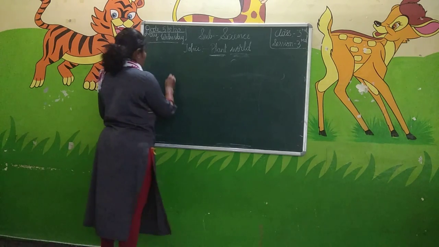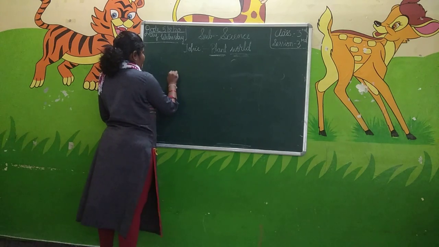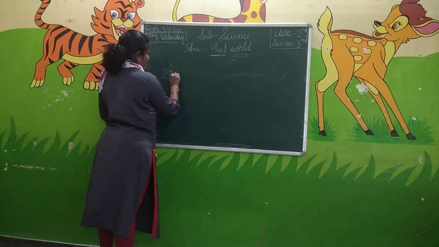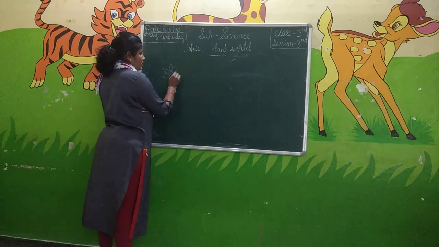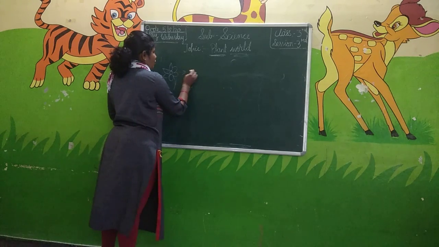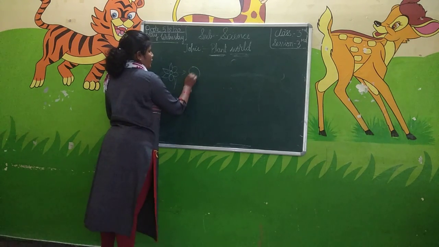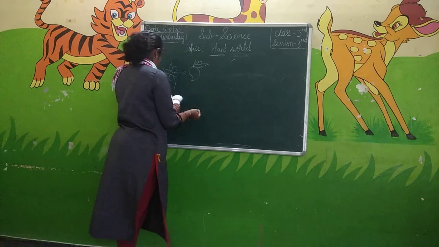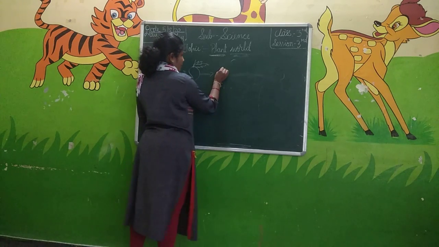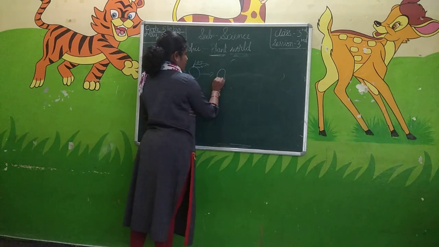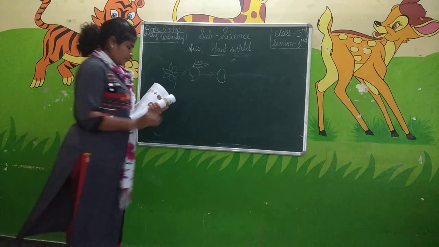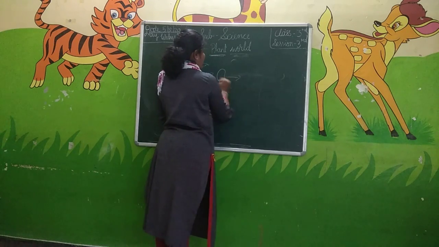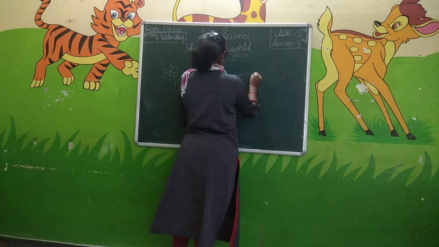Most of the plants will bear flowers. After the withering of the flower, it will turn into a fruit. For example, you can take a mango fruit. In that fruit, we get a seed. When we sow that seed in the ground,